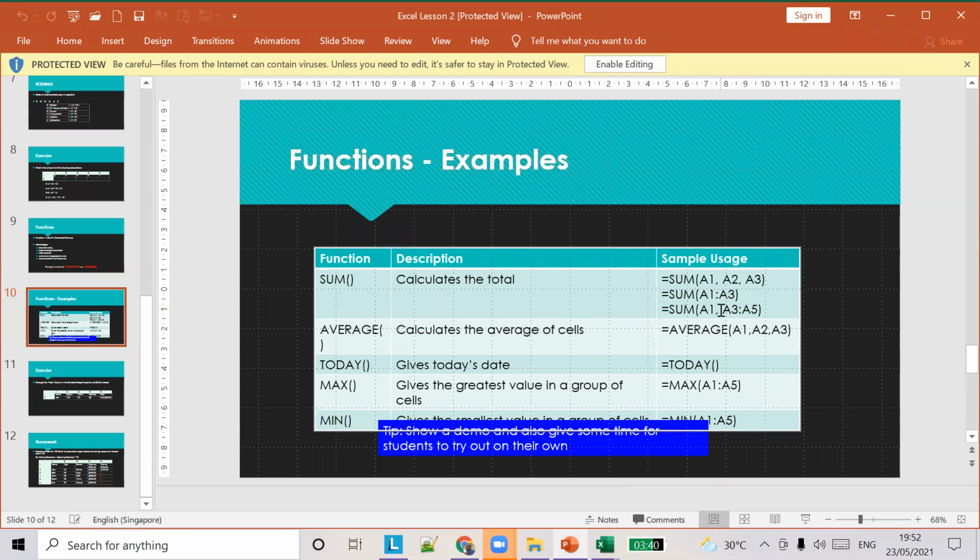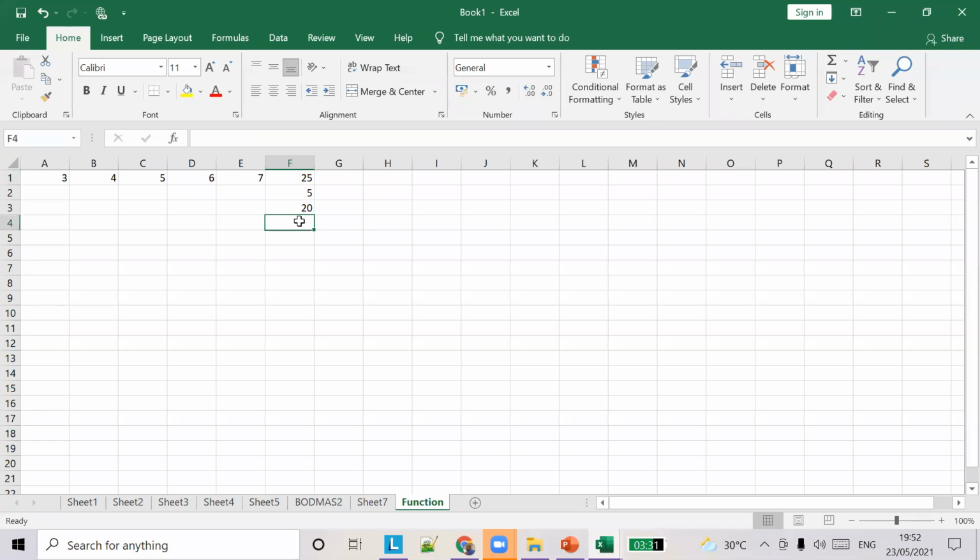See here, they have given these kinds of formulas also. They have combined A1 and A3 to A5, so they combined the comma separated values and also used a range.